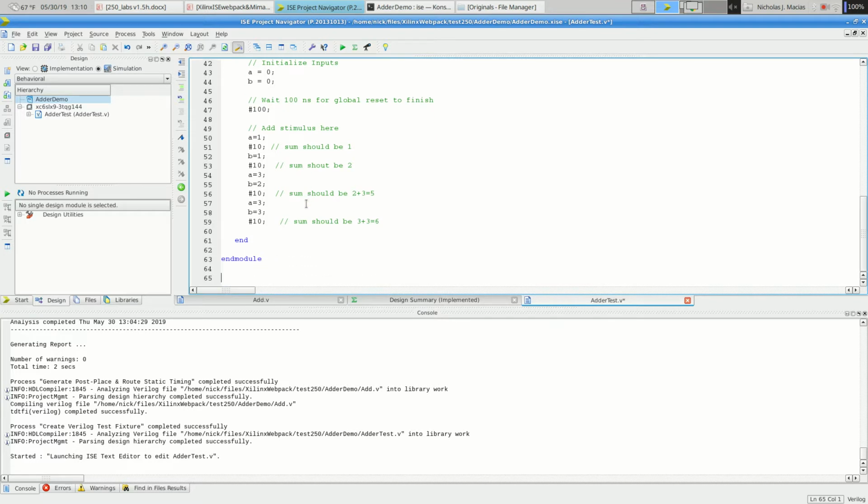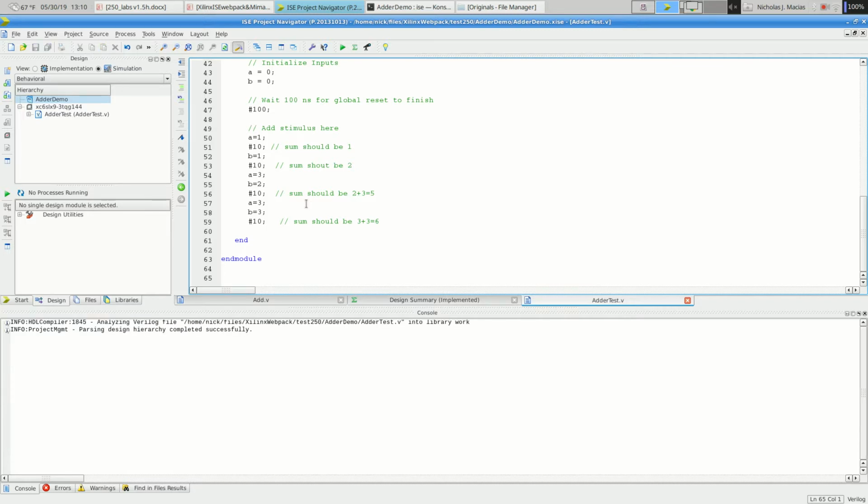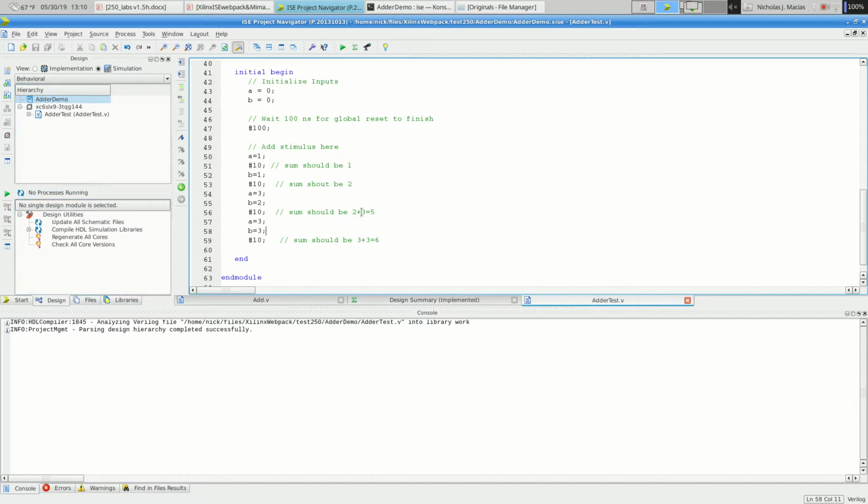All right, so ideally we'd probably want to go through all the possible combinations of A and B, but we're just doing some sample testing here. So let's save that. And down here under Design Utilities, interesting. Okay, so click on Adder Test